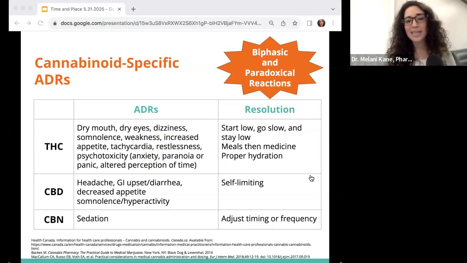And the paradoxical reactions, you can't always predict it. I have noticed that for some of the pediatric patient populations I'd see, CBD would be more hyperactive, whereas in adults, they would have more of a somnolent effect with CBD, but it depends, right? That's kind of the whole reason it's not FDA approved because it's so variable. It's so experimental. We can't predict the effects, and there is that very serious experimentation component to this.